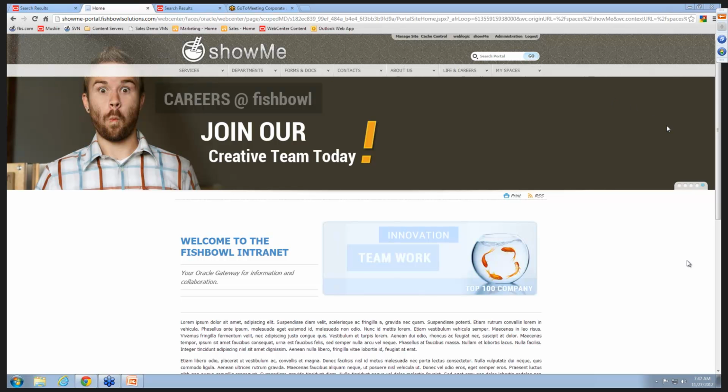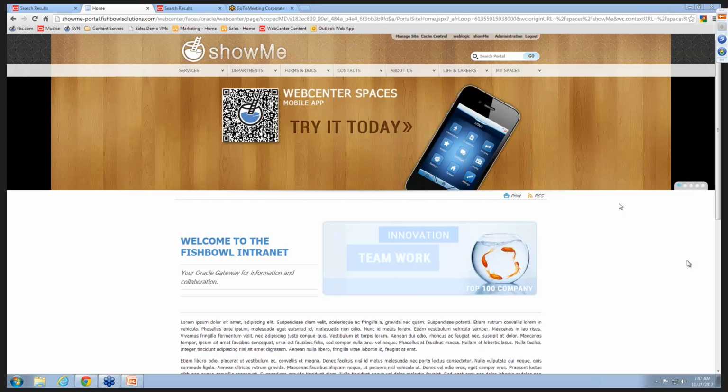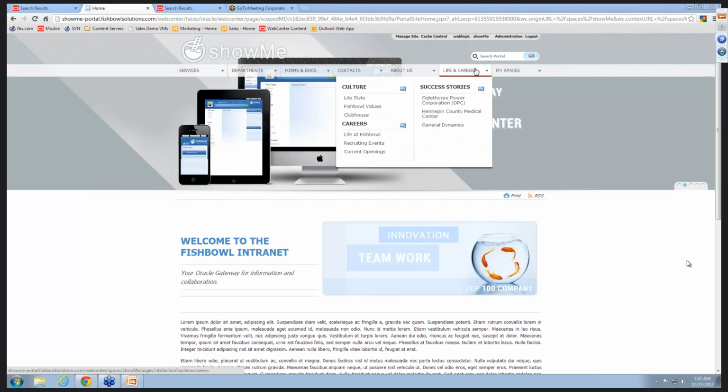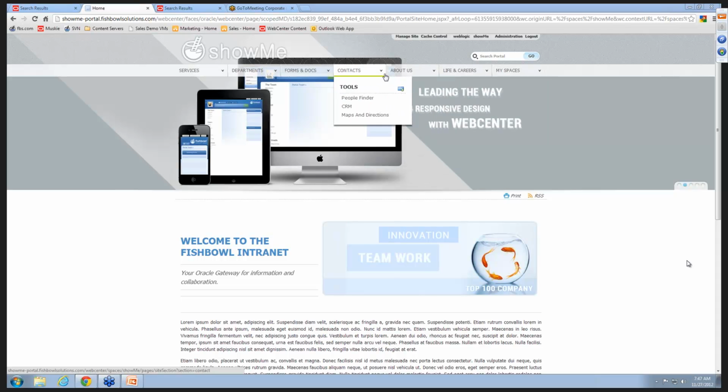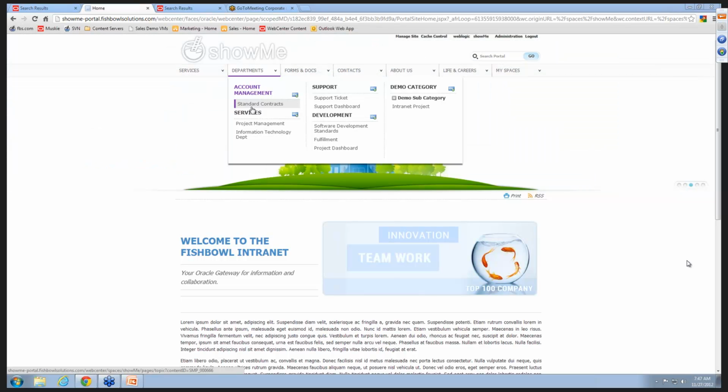Right, what I'm going to take you through here is a couple of sites, our base intranet site, and then a look at a couple of microsites from a base microsite perspective for content consumption as well as collaboration. What you're looking at here is our Show Me Intranet site. It has got the mega menu structure across the top. When you hover over, you see the options that were contributed. These content items below were all contributed via content through the content server as well as through the front end